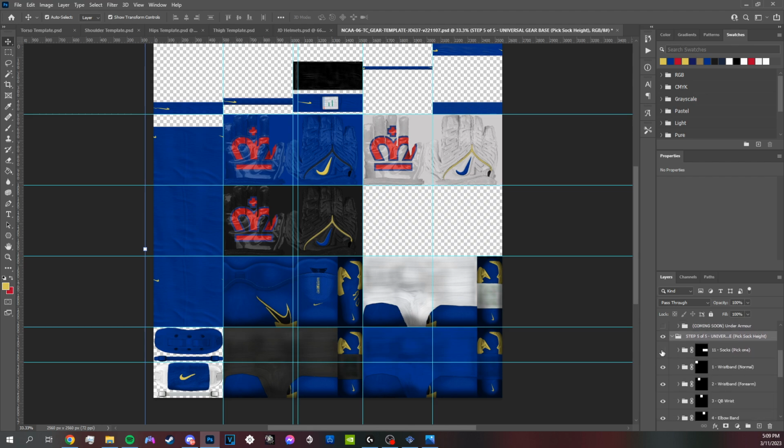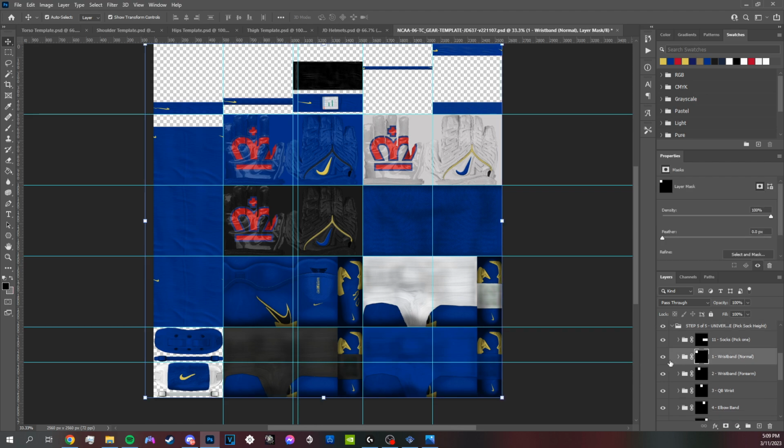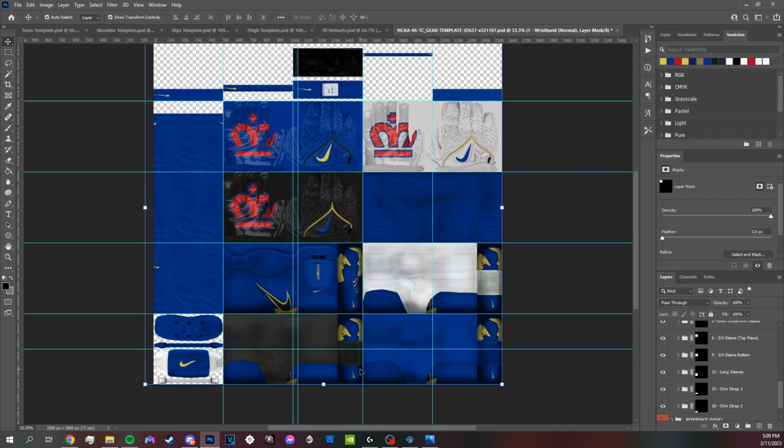But you can have the socks here. You pick one of the socks. You can pick the wristbands. You can do all that type of stuff. And all you gotta do is just hide it and then show it, and then just export it. You can do the cleats. You can do the cleats with the strap on it, but we won't be touching the cleats today. But just to let you know, you can do all that. All you gotta do is just replace it with the